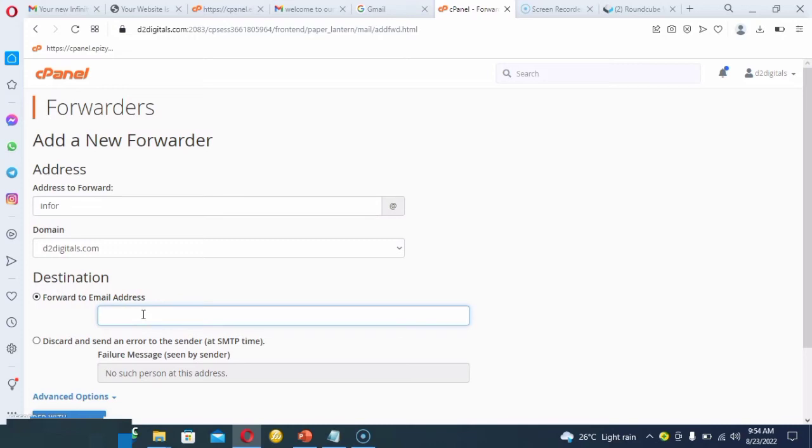Anytime you receive a message on info@d2digital.com, the email you want to be receiving, maybe sometimes you might not be able to come to your webmail. So if you're getting the messages on your normal Gmail, it will be very easy for you. So you set it up,